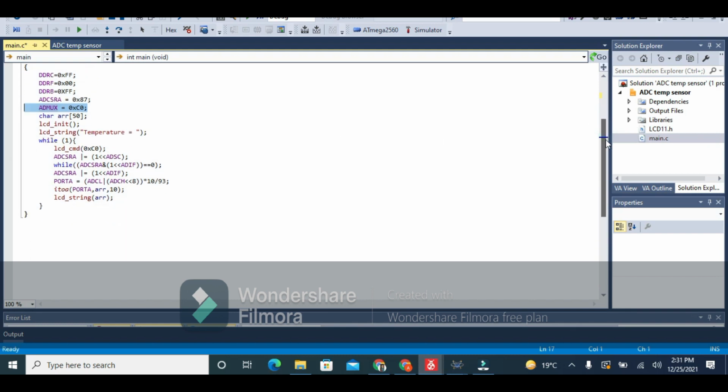Now in the while loop you see that to start the conversion I have given the value of 1 to the ADSC bit. Now in the while condition, whenever the conversion is completed, our interrupt flag is 1, this condition is true, and then this block will execute. The interrupt flag is set automatically. And now to show the value on the LCD, I have to convert the value